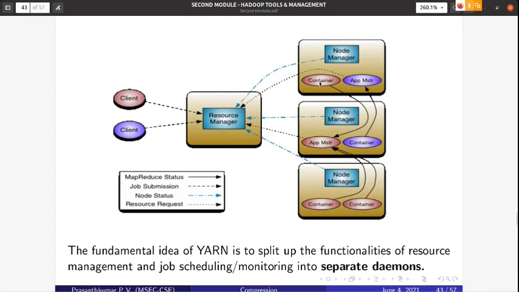So these three containers are responsible for running a job submitted by a client, because this is the application master running in this second node. So three containers are assigned. This container was started by the application master giving the instruction to this node manager. Similarly, the application master gave the instruction to the node manager to start these two containers.